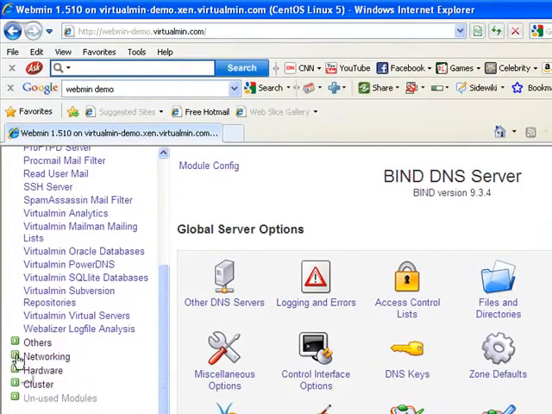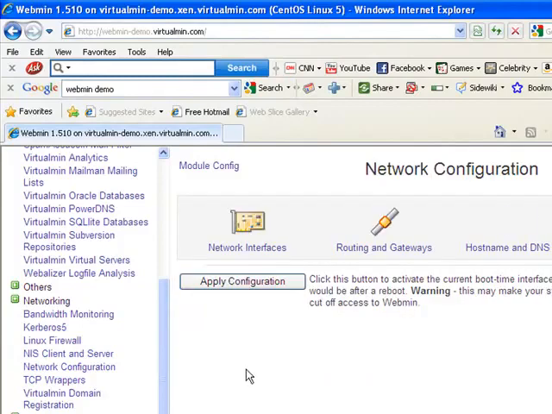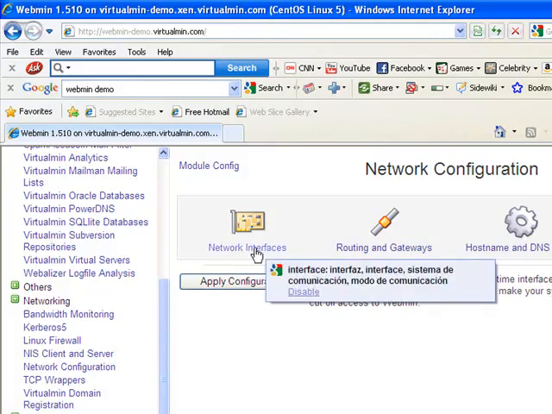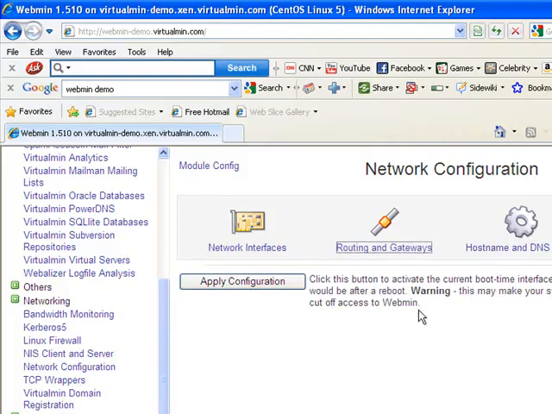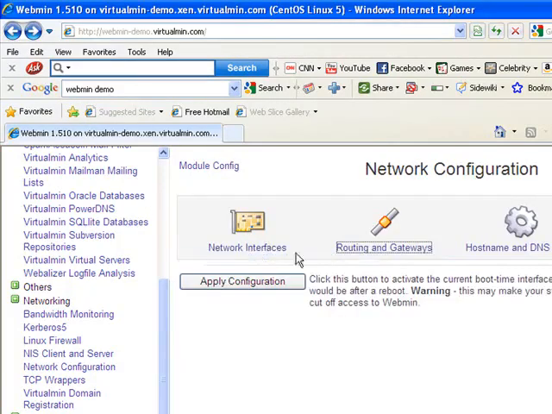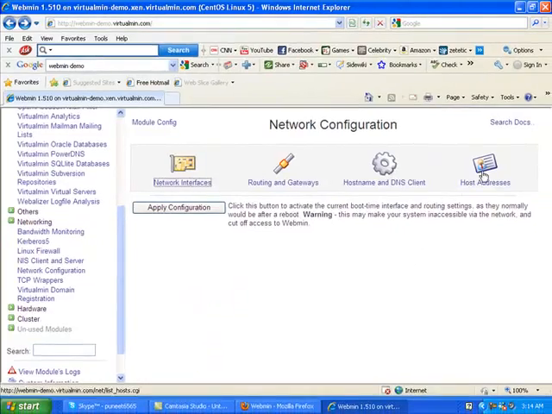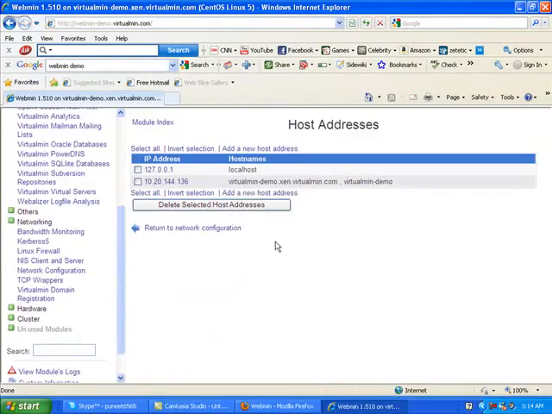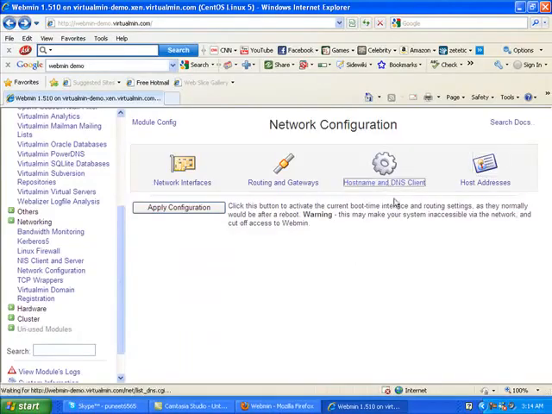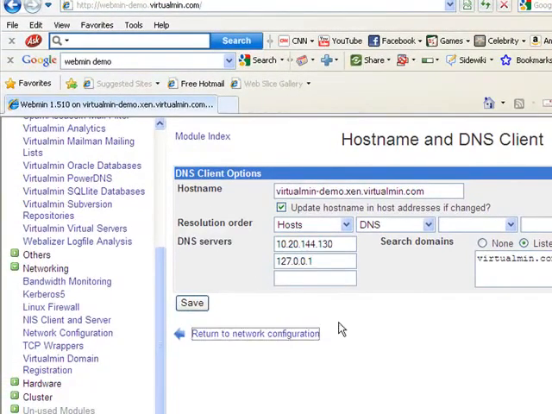Now move to networking, network configuration. Check your gateway. Check your IP address for your machine. Your host name, and DNS servers. So in network configuration, move to hostname and DNS client and